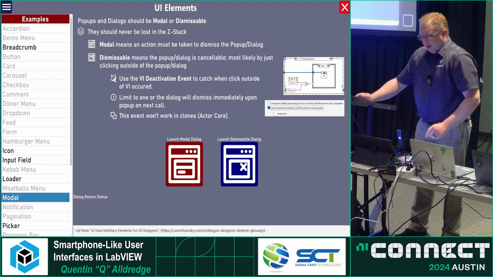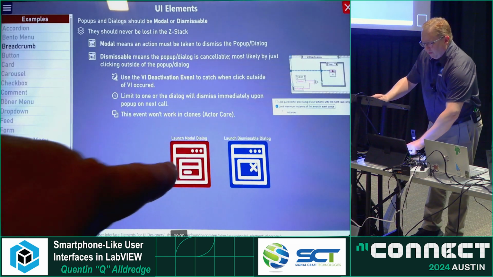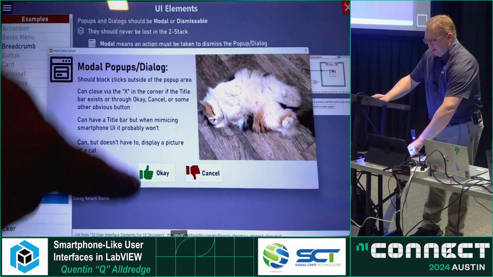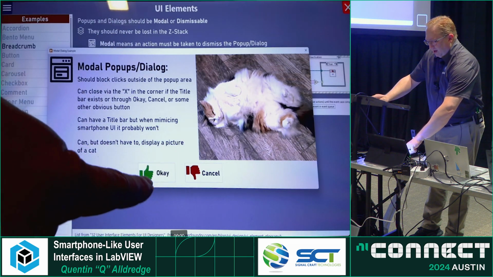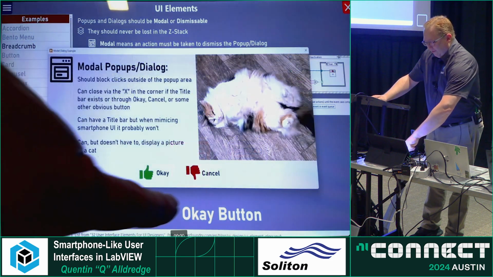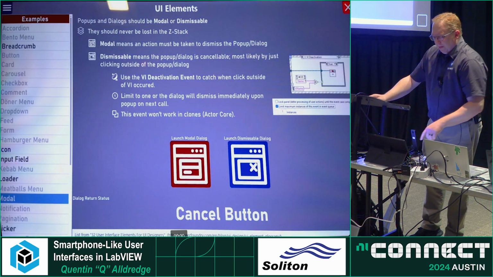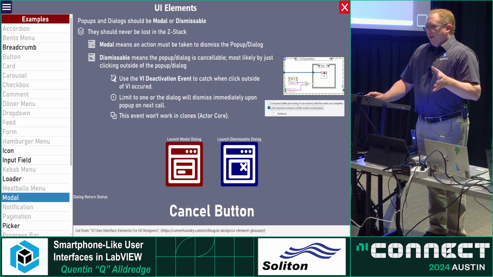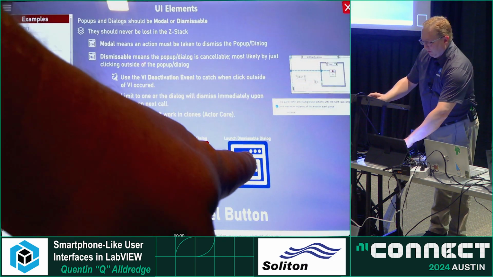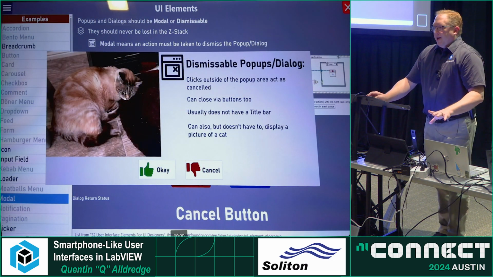Going into modal elements. Most of the time when you launch a dialog box, it's modal, it's stuck, you have to press a button in order to dismiss it, right? That's one of my cats on there. On a tablet, you see a lot of times where the dialog box is dismissible. So even though this is a pop-up VI,